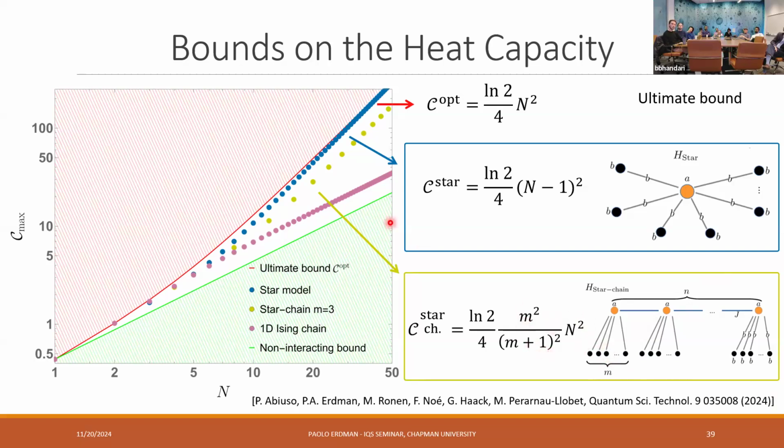And again, we have this quadratic scaling, but we lose something in the prefactor. So the fact that you go to a local model still allows you to get this n squared, but you pay that you get a smaller prefactor. And okay, to be honest, then you actually have to scale the coupling strengths here with n.